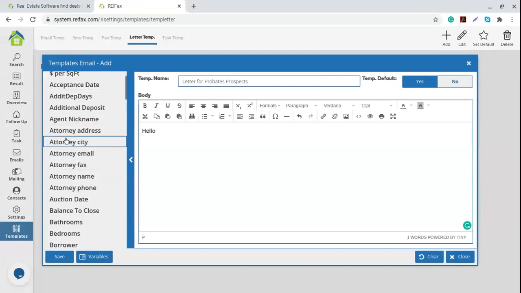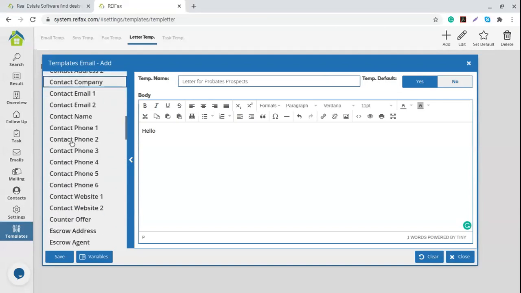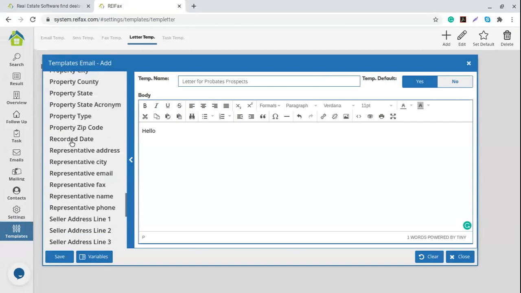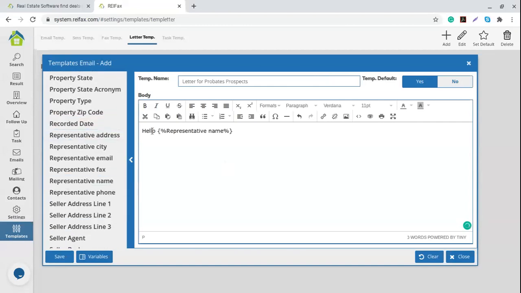So let's look, everything is organized by alphabetical order. You just need to go and select the representative name right here. So hello or dear, whatever is the name, in this case for the property that we saw, remember Sarah Martinez is going to say hello, Sarah Martinez. I check or I review your property, whatever you want to say. This is going to be very simple on my side, but here is where you just write down, or copy and paste from a letter that you already have in your computer, and then just use the variable to auto-populate everything. I check your property